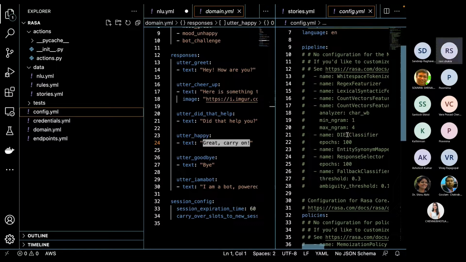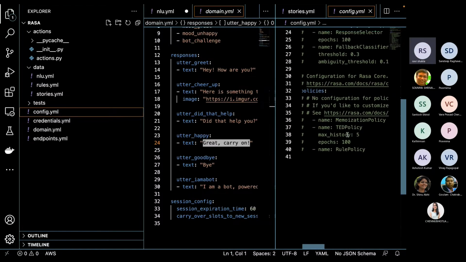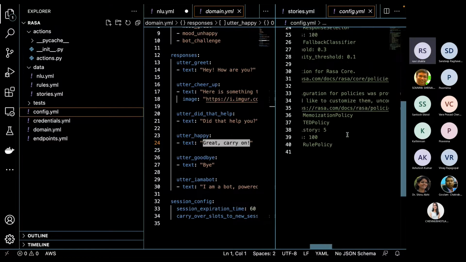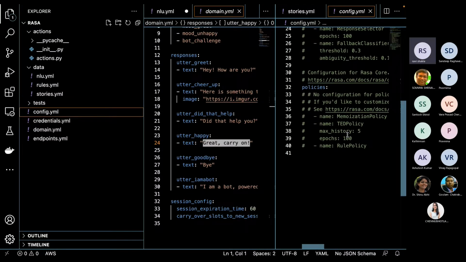If you go down, these are some of the configurations for Rasa Core. Some of the policies are TED. This is showing TED policy, but in general, you also have a policy called Keras policy. What that means is it is using Keras for all your model training, right? So here it is called TED. Now I'm not sure what a TED policy is, but in the past I have used Keras policy by default.